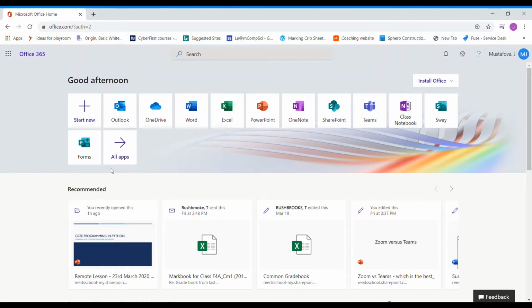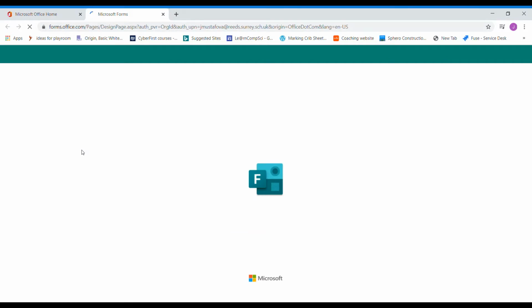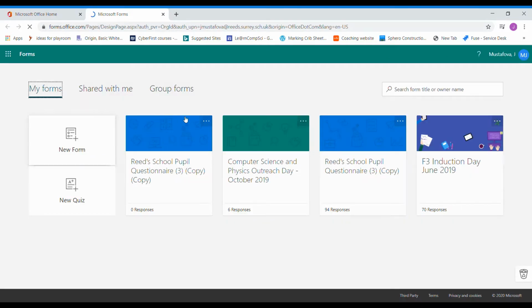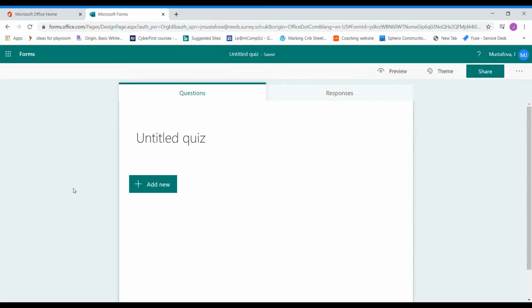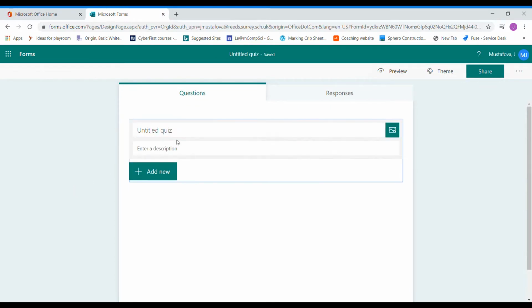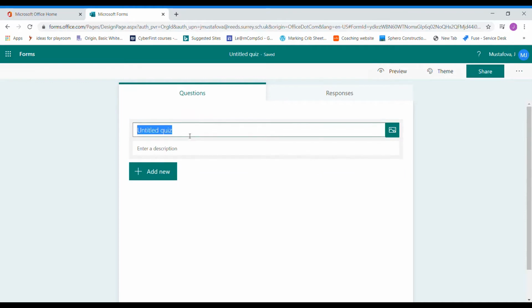What we're going to do is click on Forms. So we click on the Forms and that opens up. And what you should find, most of us will all have the copy of the pupil questionnaire, and you might have some other forms that you've used throughout the course of your time. What you're going to do is click on New Quiz. By clicking on the new quiz, what that does is it allows you to put in incorrect and correct answers. So if we click on this box here and we put in test quiz,